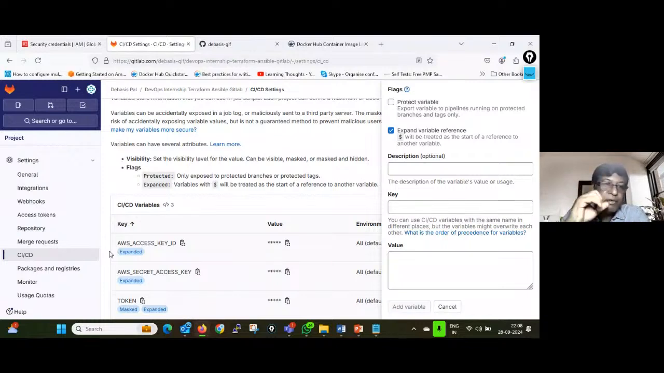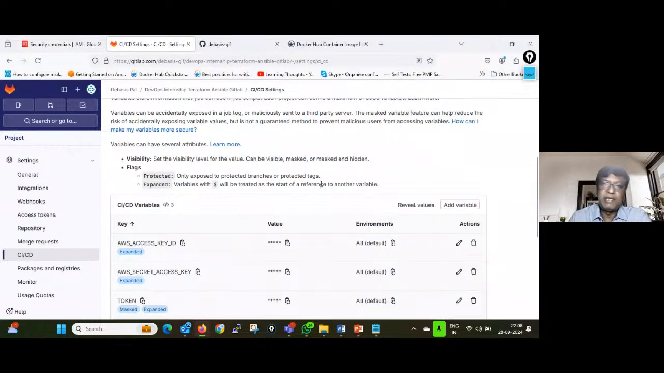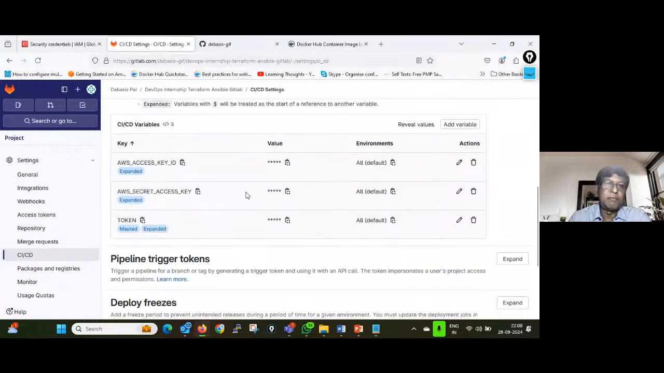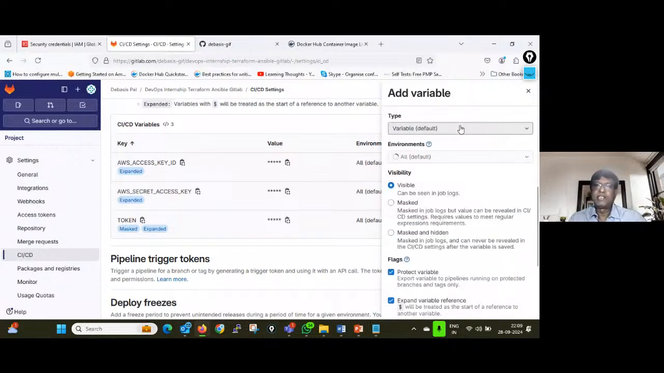But that is the security: you, being the team lead or administrator, are the only one who has access to all this, because you should not expose all the values to others. So fine, I have added all the necessary variables. Now let me see. Oh, another one I would like to do is